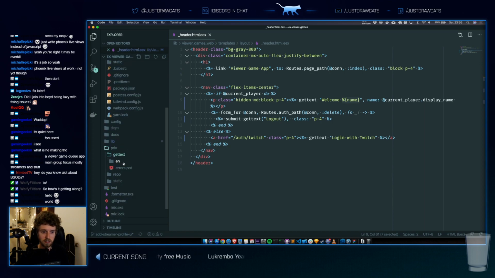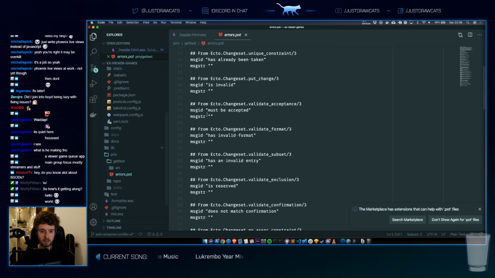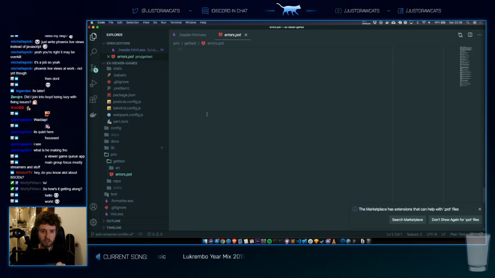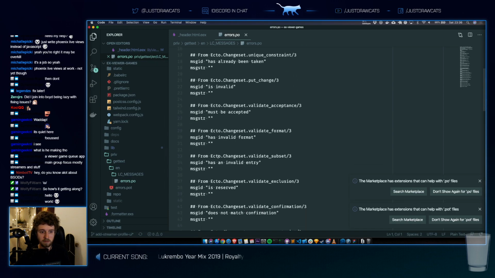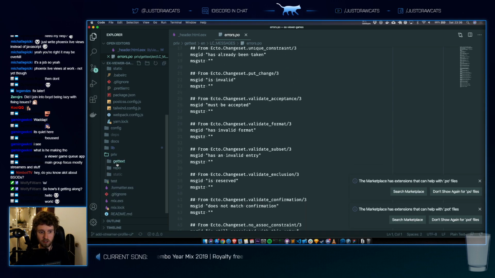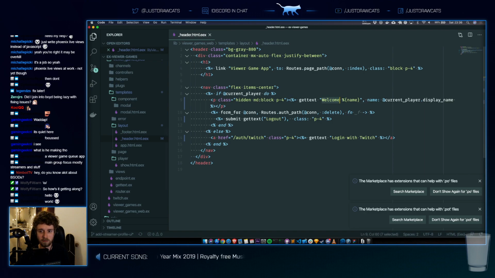Private, yeah, here, get text. And here I can write all of the different sentences for different languages. So I can replace welcome name with welkom in Dutch, for example. And then depending on the locale of the user, we can show a translated version of this text.